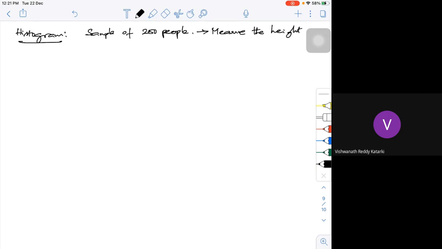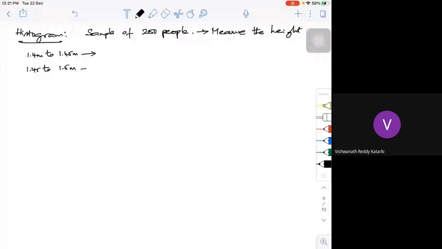Okay, in meters. If you try to measure them in terms of meters or centimeters, whatever it may be, say how many people are in between a particular range. How many are between 1.4 meter to 1.45?